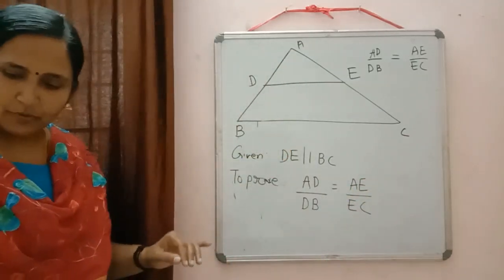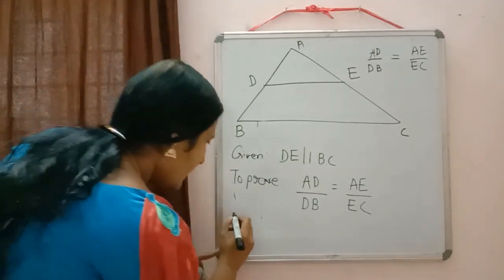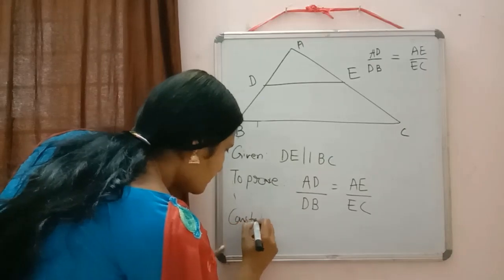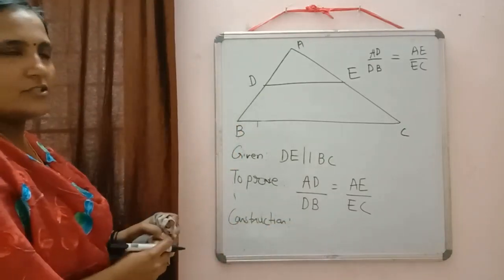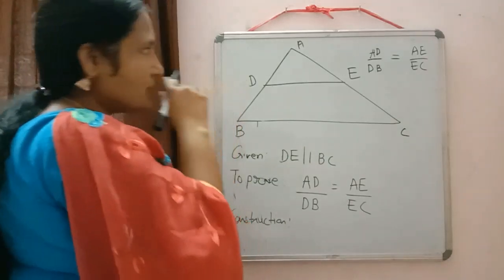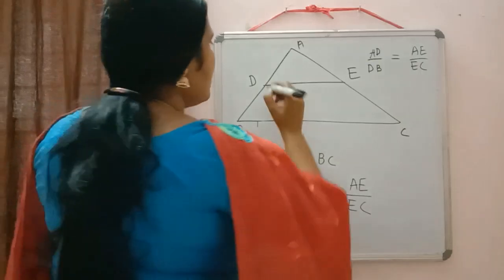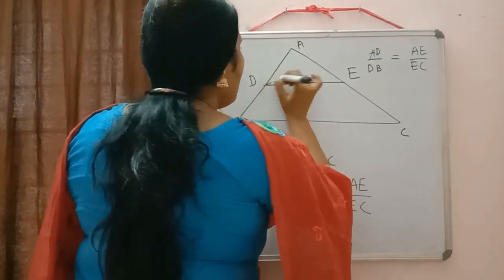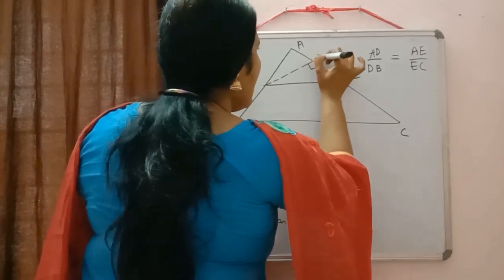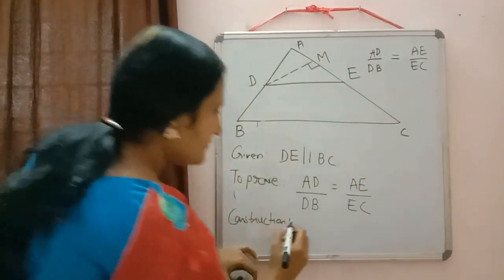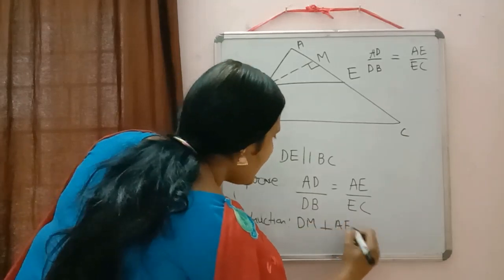So for this, to prove this one, we need the concept of area. So here we need some construction there. So write down here construction. What are the constructions we are doing? So first I am doing the construction and then we can write. So first we can draw a line perpendicular from D to AE. So suppose naming I have given here DM. So just write down there DM perpendicular to AE.